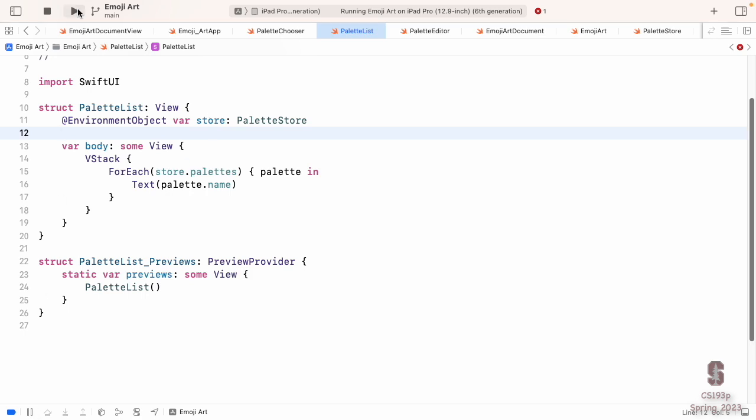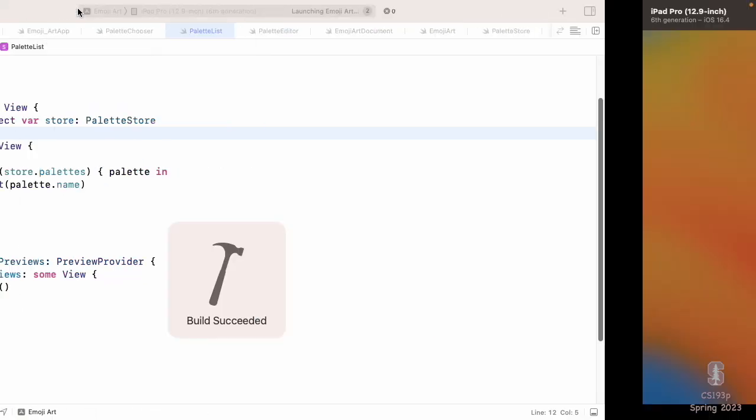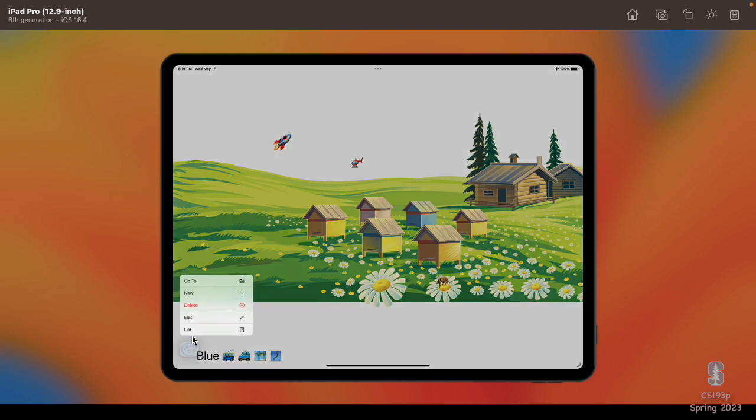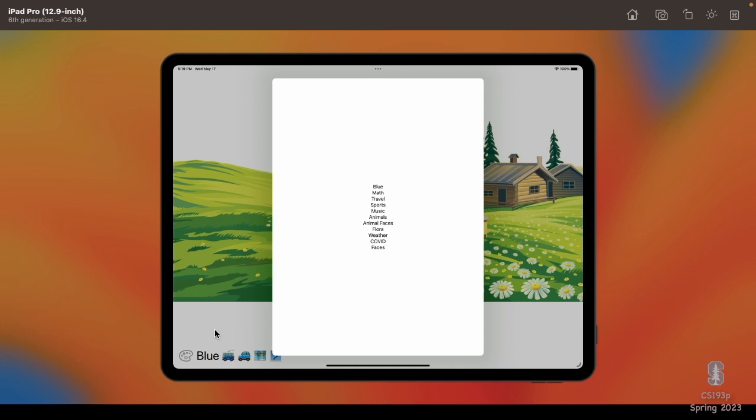Let's go look at this. Oh, here's list, right? This new thing. There it is. Nice list of palettes. It looks extremely ugly. This is not what we want. Well, on the other one, we were able to use that really powerful thing, Form. Well, there's another one we can use to make this look really good.